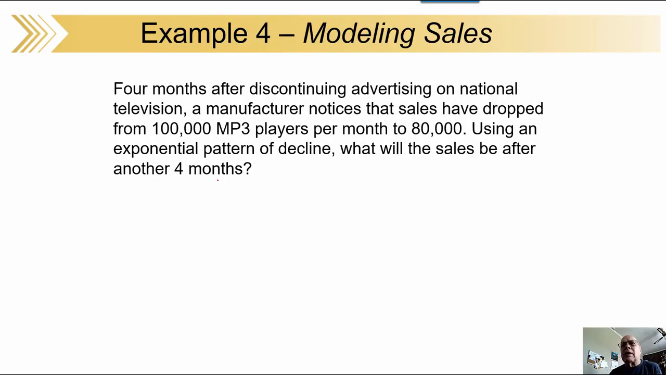Another example we've got. So it says 4 months after discontinuing advertising, sales have dropped from 100,000 to 80,000. And we know for some reason that it's an exponential pattern of decline. What will be the sales after 4 months? So what we're looking for